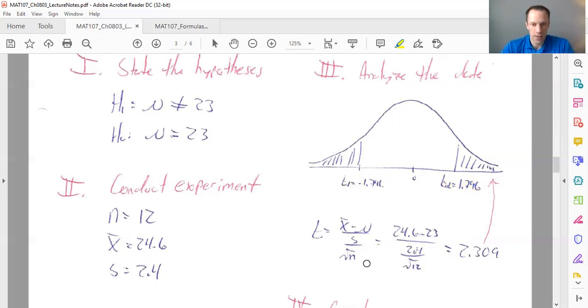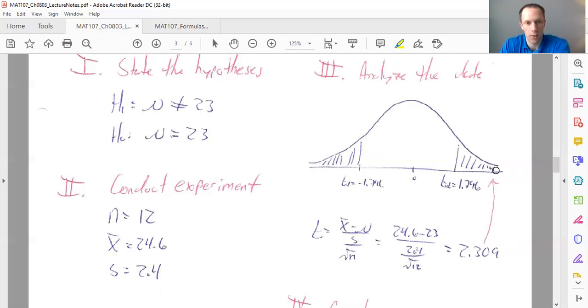Now convert the sample average into a t-score. So take the sample average, 24.6, minus what you would assume to be the population mean if the null hypothesis were true, which is 23. Divide that by the sample standard deviation, 2.4, over the square root of the sample size, so over the square root of 12. When you subtract the numerator, divide the denominator, and then divide those two results, you should get 2.309,